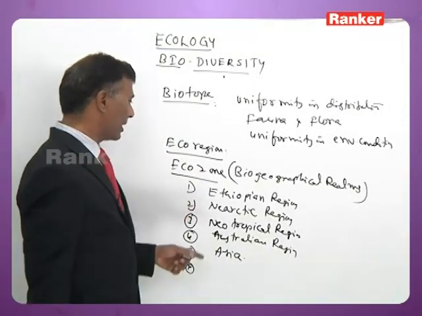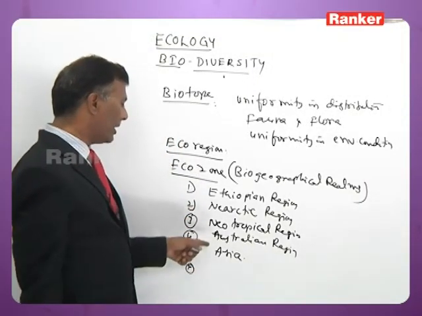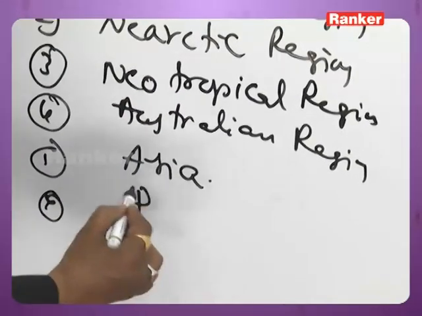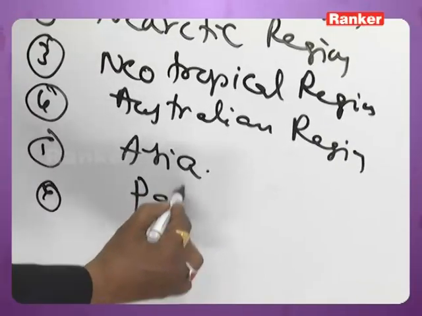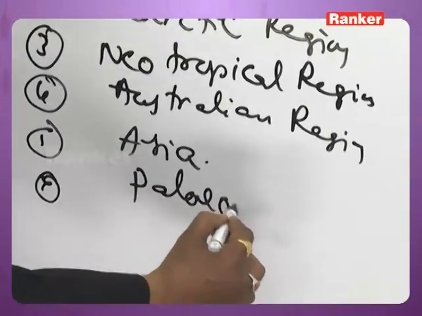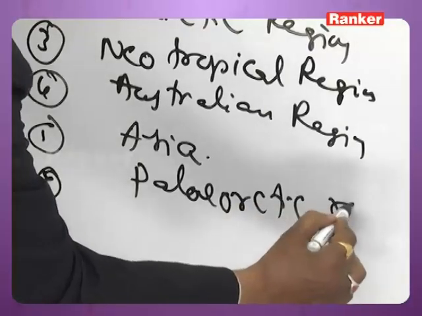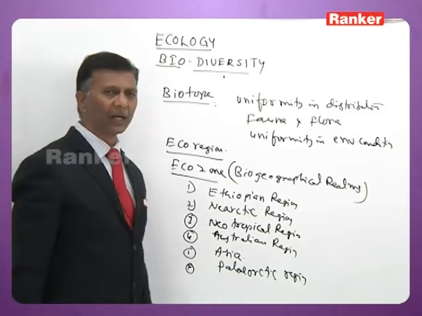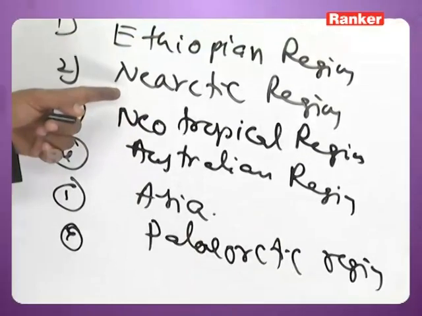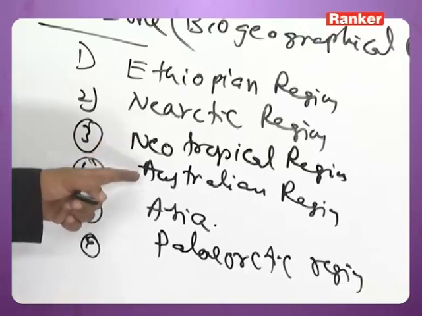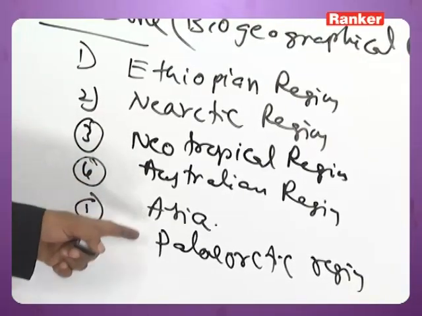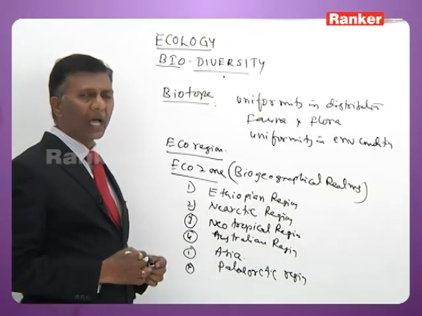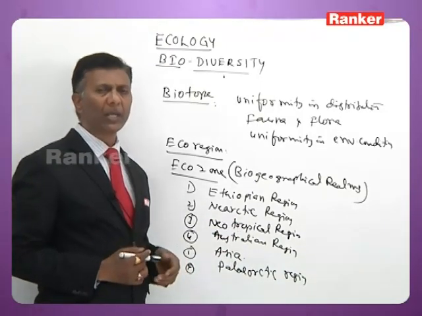So Ethiopian, Nearctic, Neotropical, Australian, Asian, and Palearctic. So there are about 6 biogeographical realms: Ethiopian region, Nearctic region, Neotropical region, Australian region, Asiatic continent, and Palearctic region. These are the biogeographical realms that are identified in the biosphere, with the